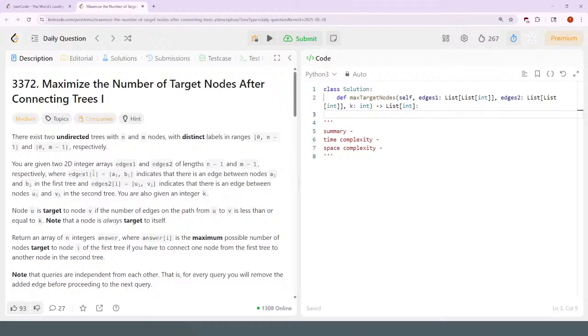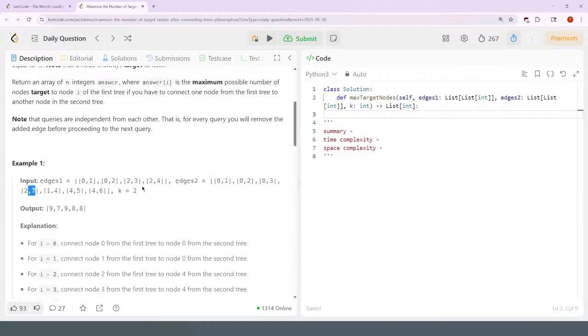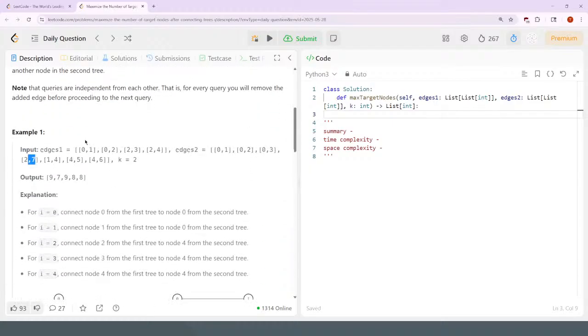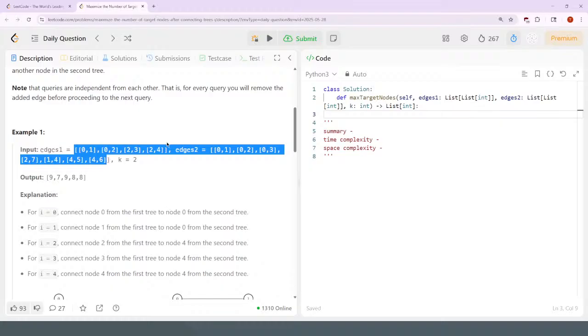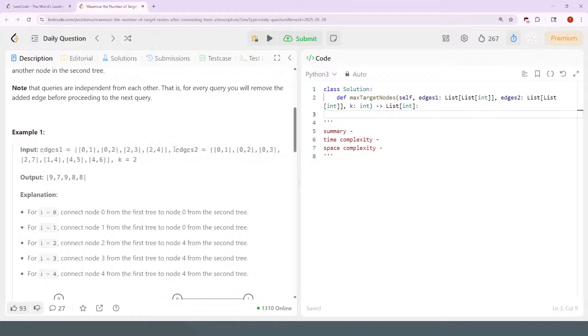Edges of 1, A, B indicates there's a node in nodes. Oh my god, I'm misreading it. I'm looking at this through, like, I somehow separated this as one tree, and I read this as a new line for some reason. Oh my god, that's so stupid. Okay,